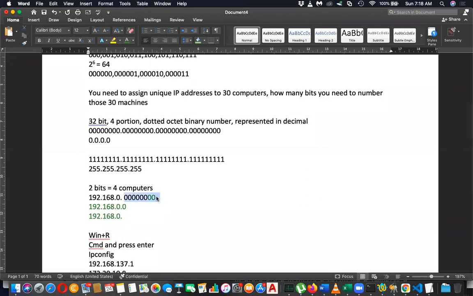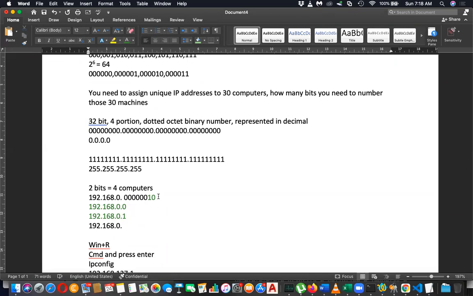Then with the last bit 1, what is the IP? Come on, tell me what will happen if it is 0 1? So next one will be 1 0. So then what is the IP? 192.168.0 dot. Yes, 1 0 means